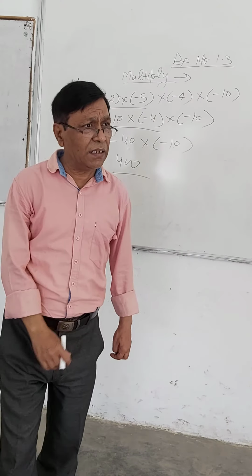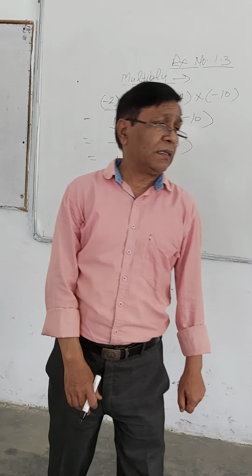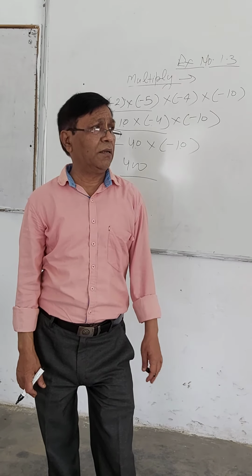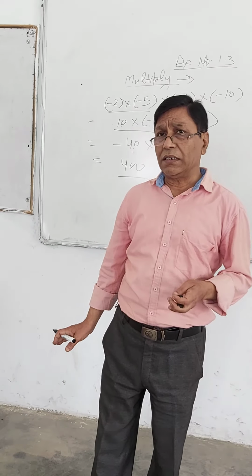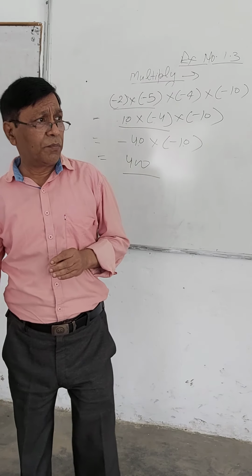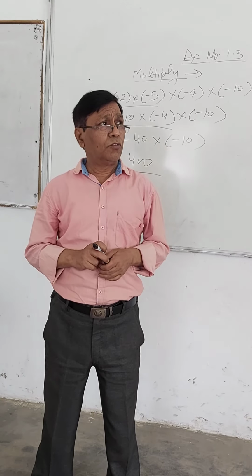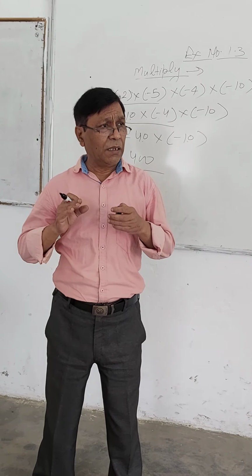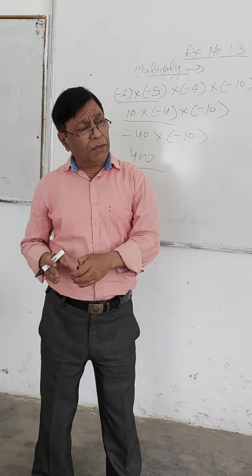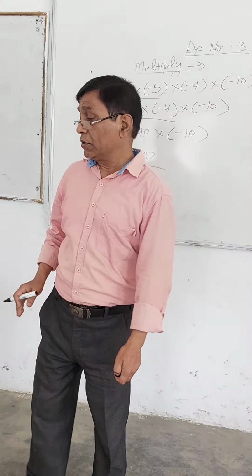So this is very clear how to multiply numbers if they have the same sign or opposite sign. You only have to be alert about putting the sign after multiplication. So the main conclusion is: multiplication of same sign will always be positive and opposite sign will always be negative.